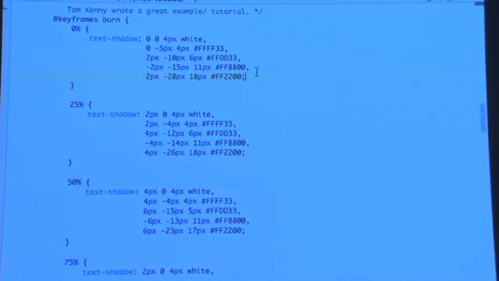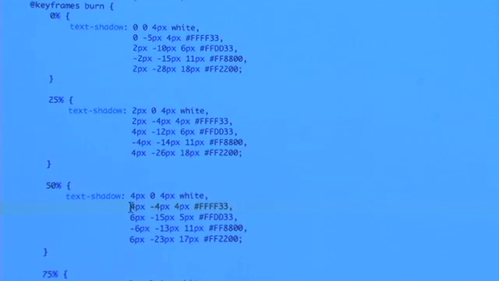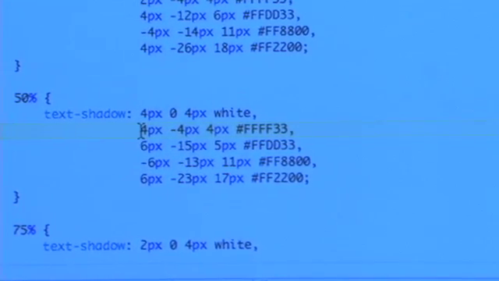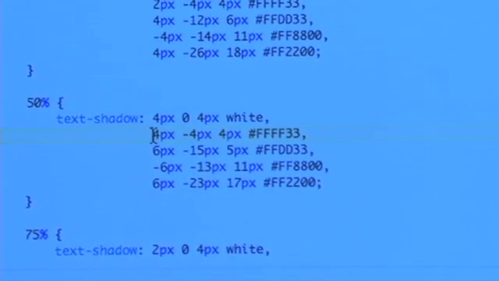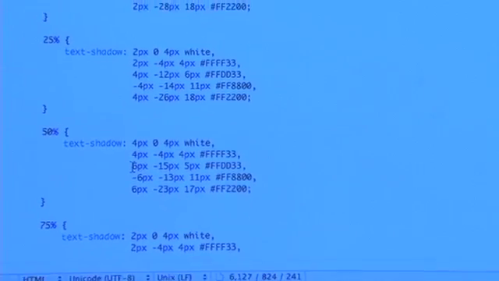But essentially, what we're doing is shifting. You see the values 0 here, it's 2 here, it's 4 here. We're shifting X and Y of these text shadows, and we're changing the blur of the colors to give the effect of a flame moving. And the way that we tell the browser, I want to use this animation,